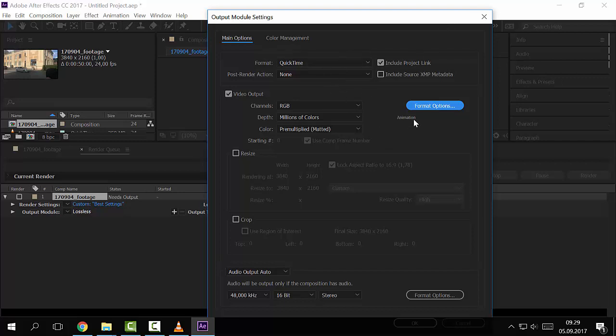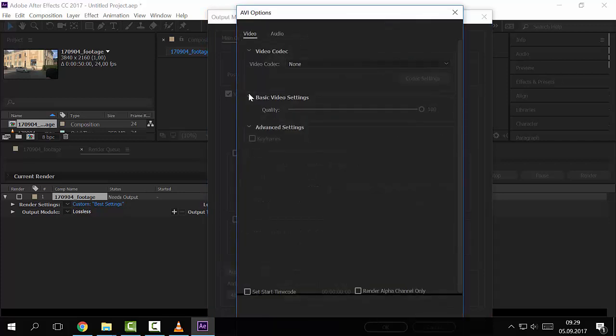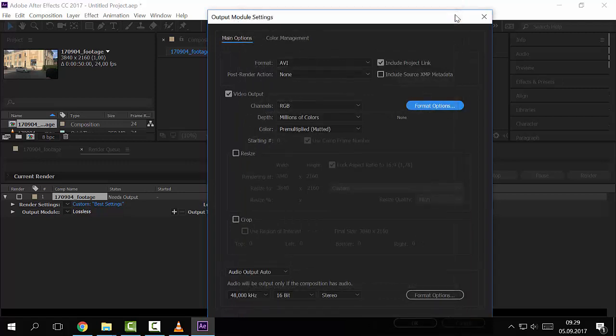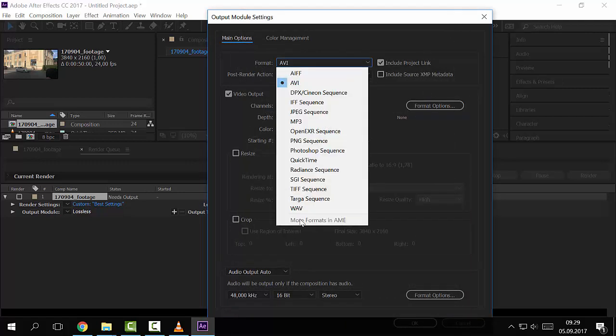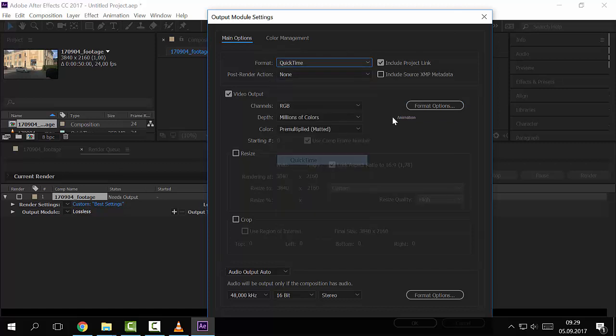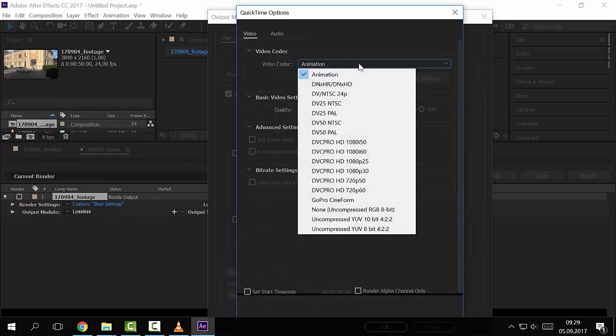But animation is a kind of ridiculous format. It's like a lossless format. So it's set to AVI and animation, and the file is going to be very, very huge. It's just like image compression, right? Yeah. So that's kind of stupid. I don't know why they